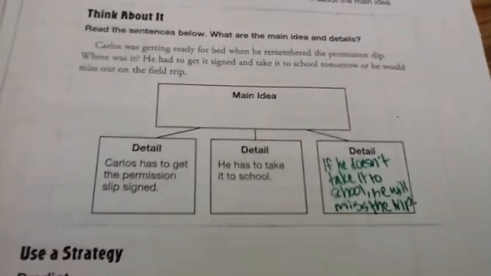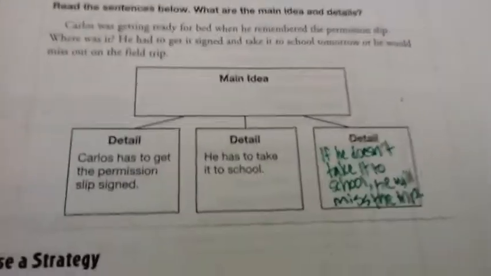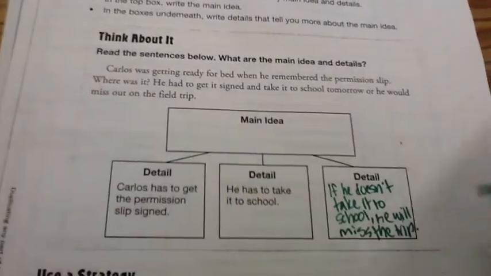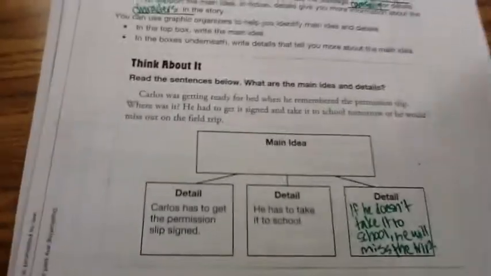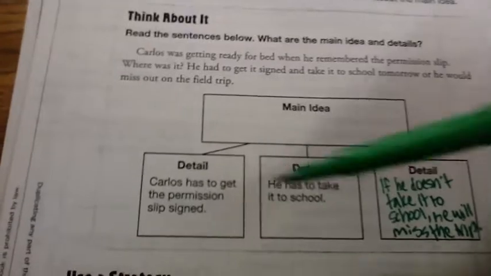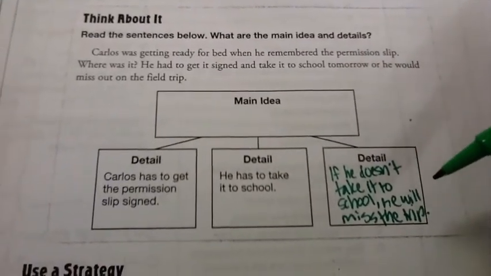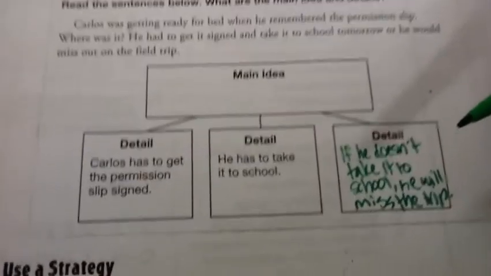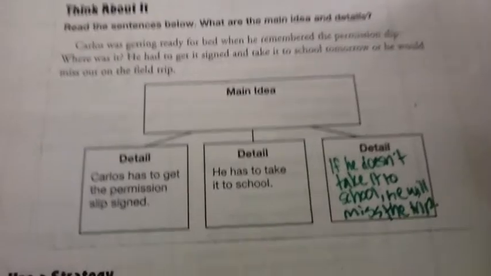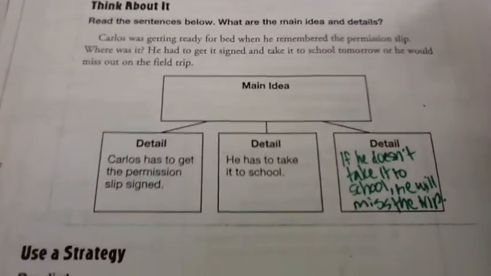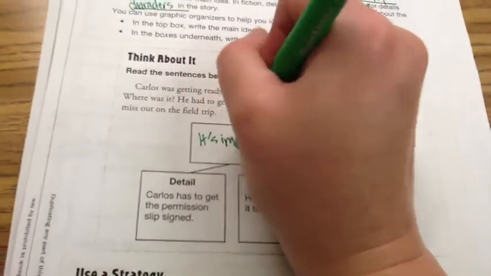Now, with these details, I have to determine the main idea or the most important detail about these 3 details. So let's think about what's most important here. I learned Carlos has to get his permission slip signed. I know that he has to take it to school, and I know that if he doesn't take it to school, he will miss the trip. So in terms of the main idea, it's very important that Carlos find his permission slip. So here I'll say it's important